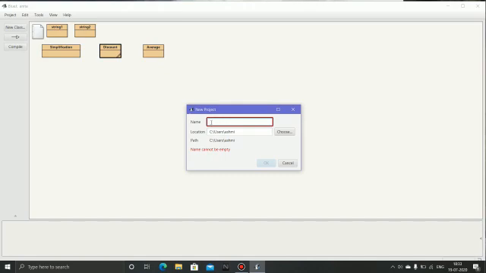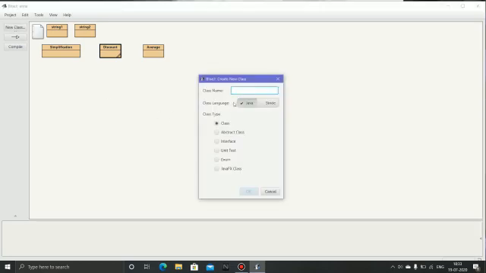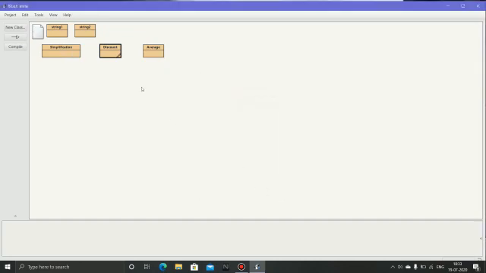Suppose I am writing any name here, then after that New Class, then you will write the new class name here. I have written Simplification, so you will write Simplification over there. Then press OK. I have mentioned my class here so that I am not writing the name again and again. Then you will press OK, otherwise Cancel.